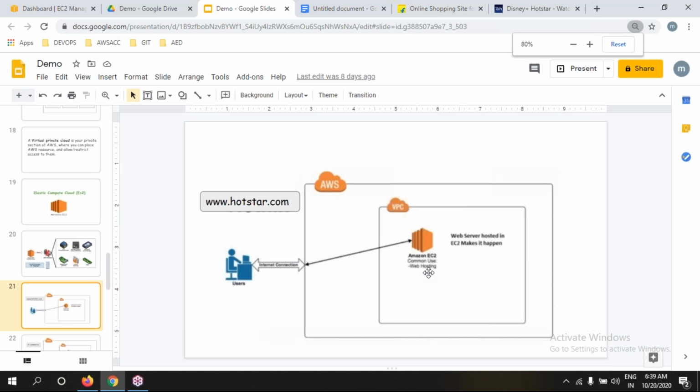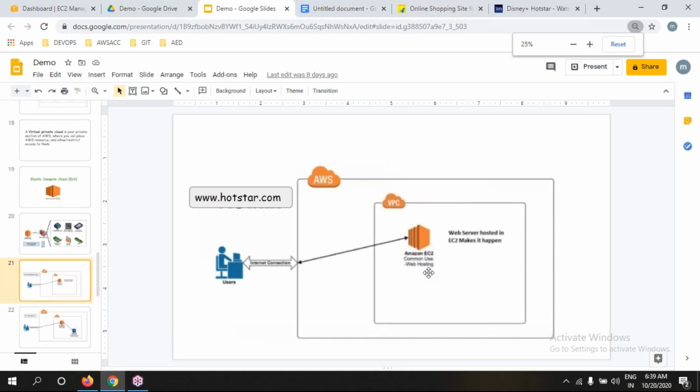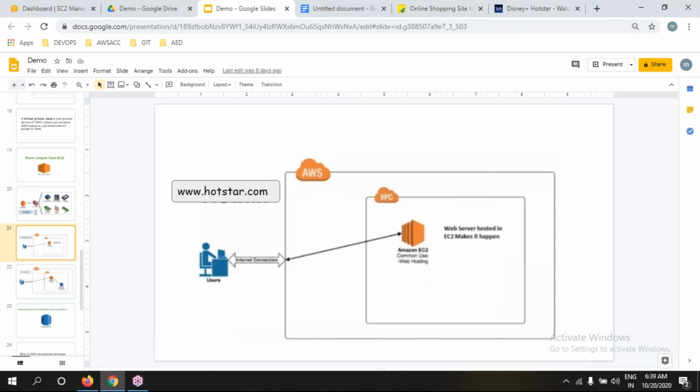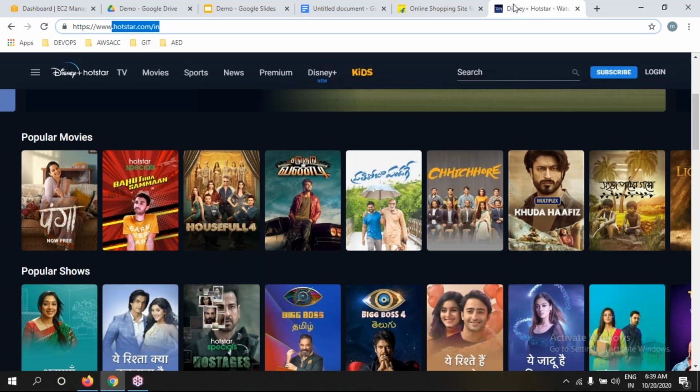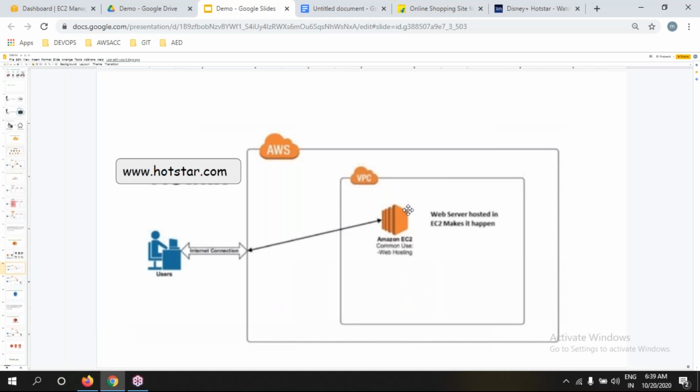We're going to deploy it on an EC2 server. We're going to create an EC2 server, and on top of it we're going to deploy our Hotstar application. If you want to create an EC2, before that one network is required.